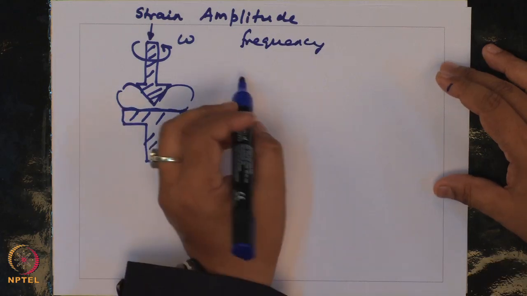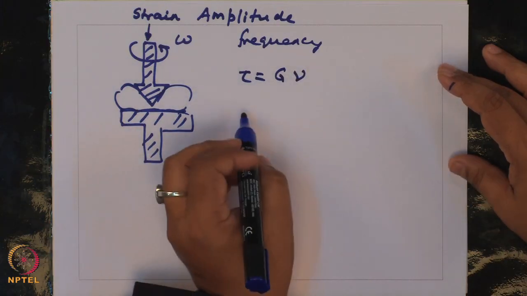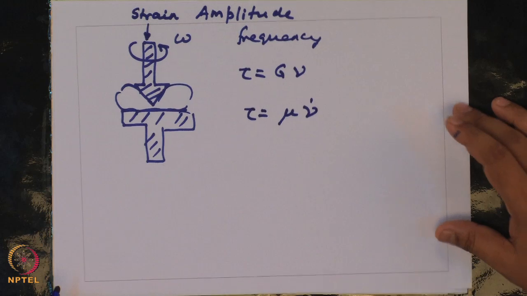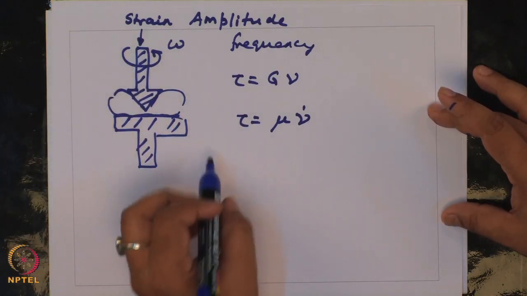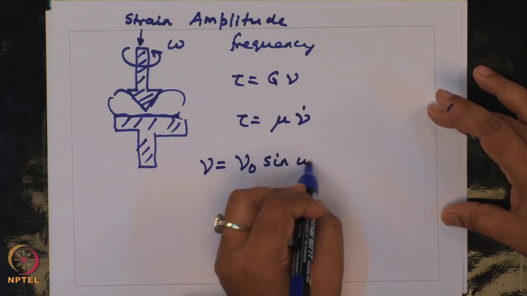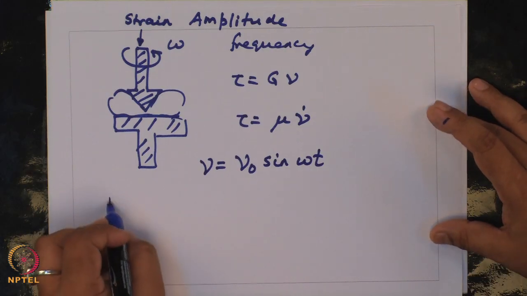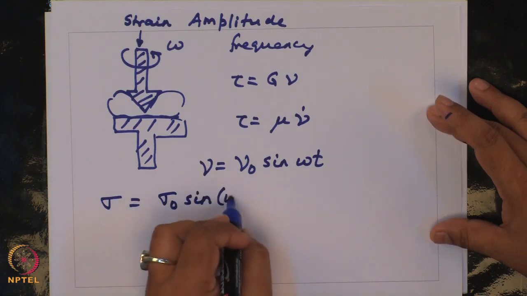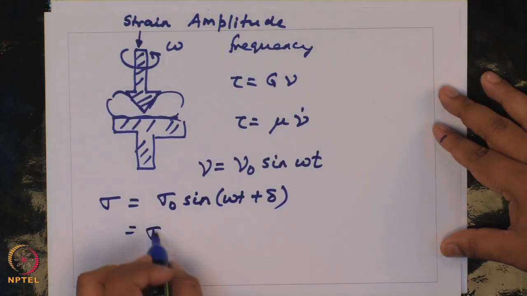Again, for a pure solid we have tau equals G gamma, for a pure fluid we have tau equals mu gamma dot. In general, if I were to apply an oscillatory field, in other words if I were to write gamma as gamma naught sine of omega t, if you exert an oscillatory strain, then your stress field can be written as sigma naught sine of omega t plus delta. So, if you expand this equation,